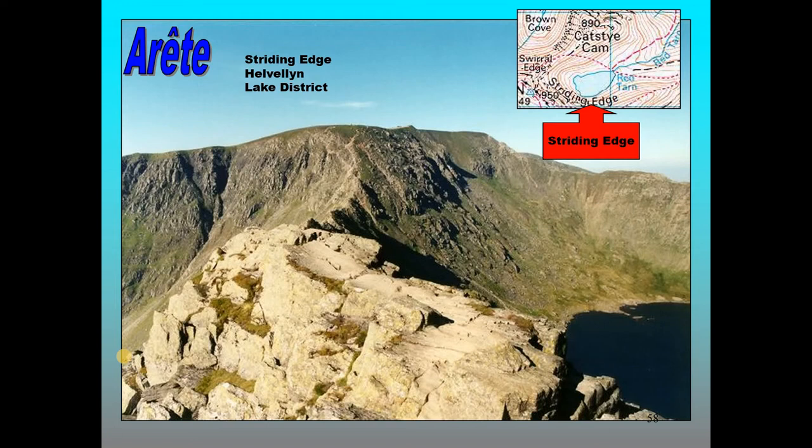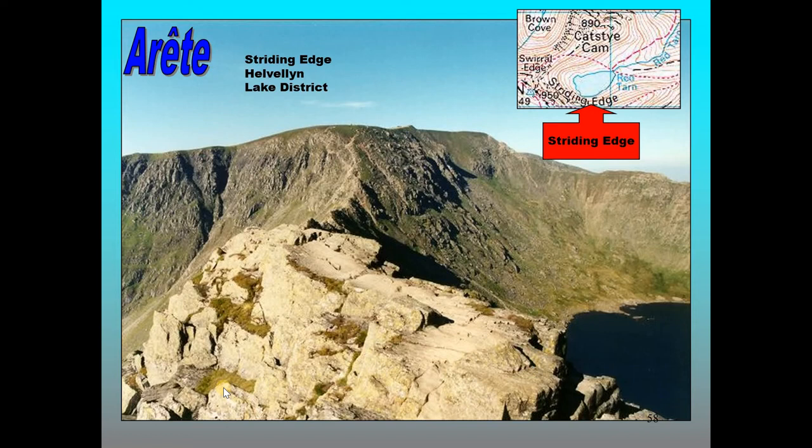First of all, an arete. What is an arete? You should recognise this image. This here is actually Red Tarn Corrie. Now where Red Tarn Corrie is found, there is actually another corrie right next to it. And where these two corries meet or join forms this sharp, jagged, sort of knife-edged ridge, and that is called